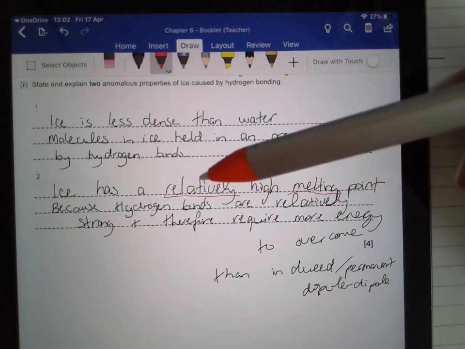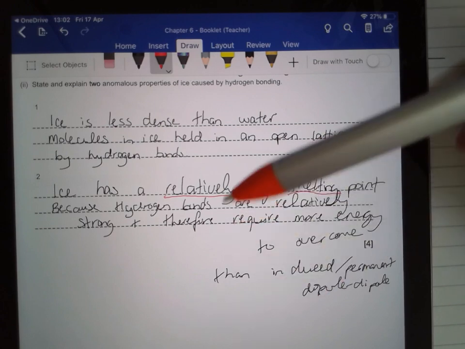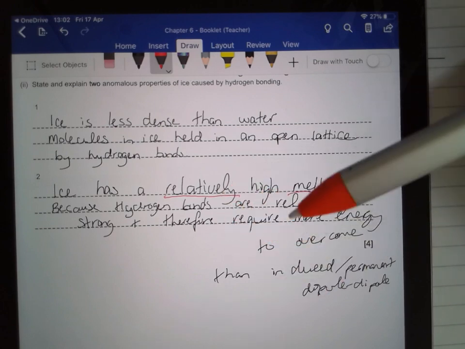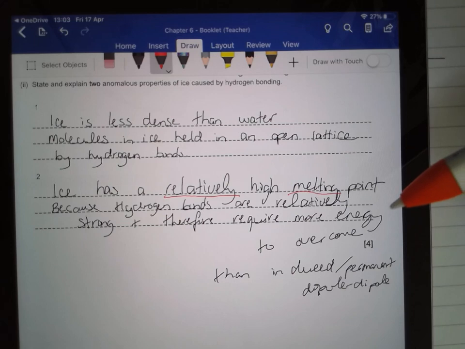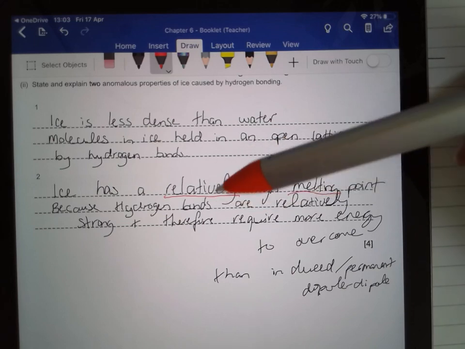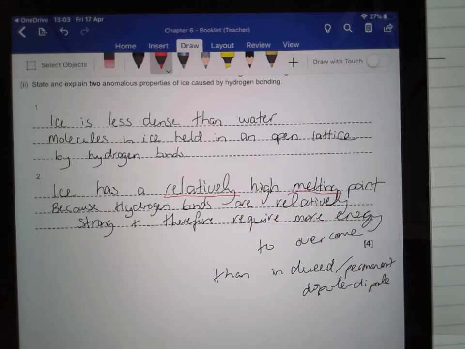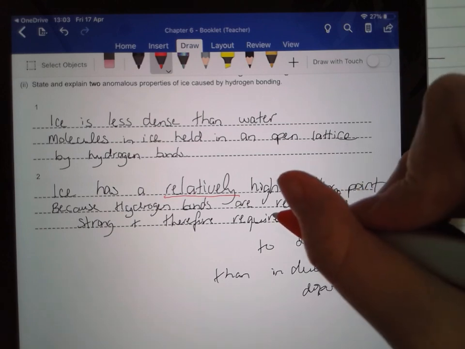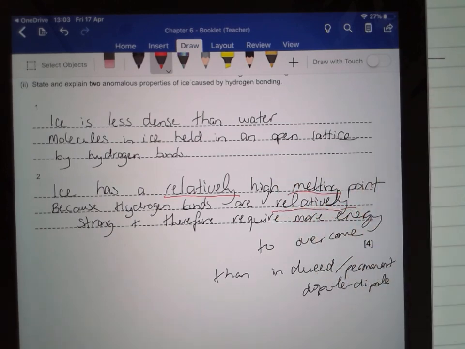Therefore, we can say it has a relatively high melting point, or an unusually high melting point, or a higher melting point than other molecules of a similar size. But without that word, you're not going to get a mark. You then need to explain why. And again, that word relatively in my second sentence is going to be really important. Okay, hydrogen bonds are relatively strong. Okay, hydrogen bonds are intermolecular forces. They are not strong, but they are relatively strong compared to other intermolecular forces. So I've said hydrogen bonds are relatively strong and therefore require more energy to overcome than induced or permanent dipole-dipole